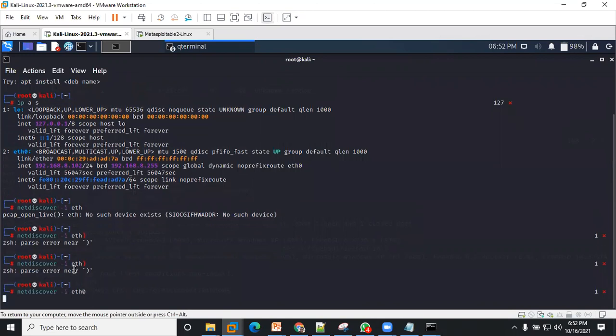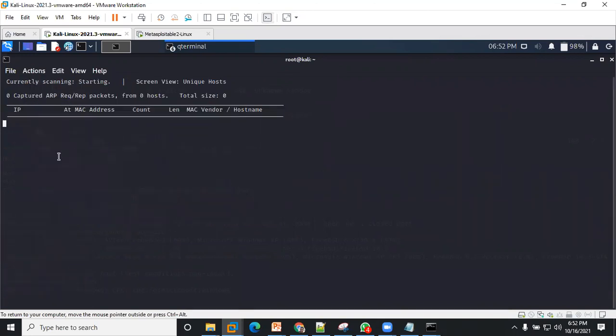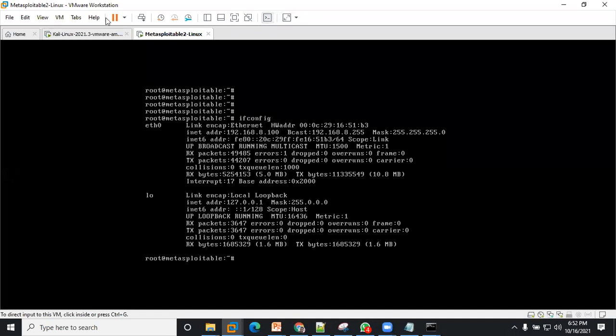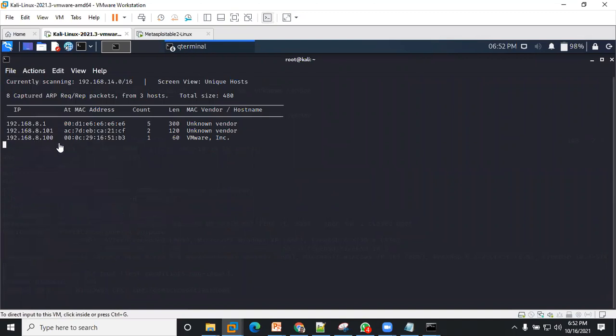So it will scan for all the IP addresses. I'm just assuming that I don't know the IP address, but since I know the IP address of my Metasploit, all I need to do is look for the .100, which shows that it is a VM. Now, since I already know the IP address of my Metasploit, the next thing for me to do is take it, then run what?